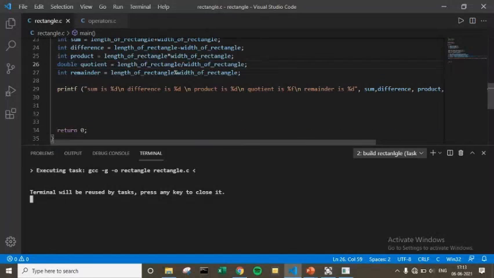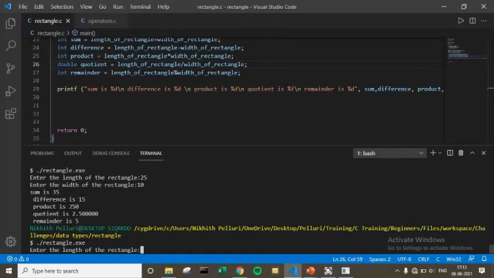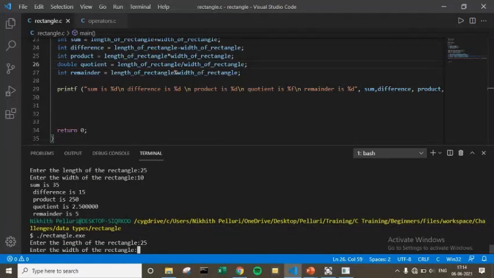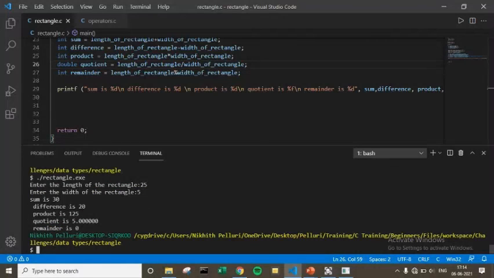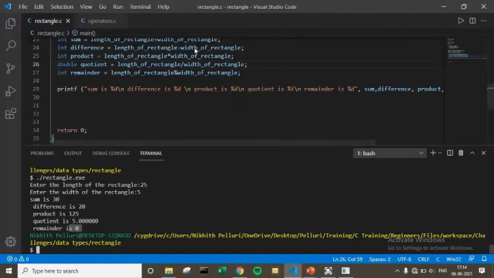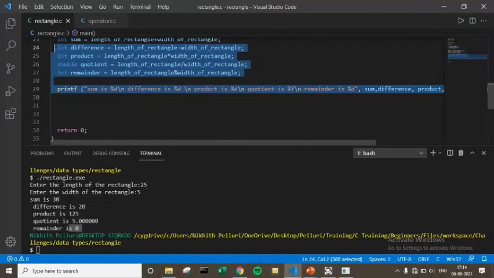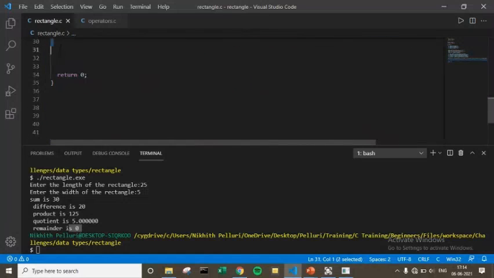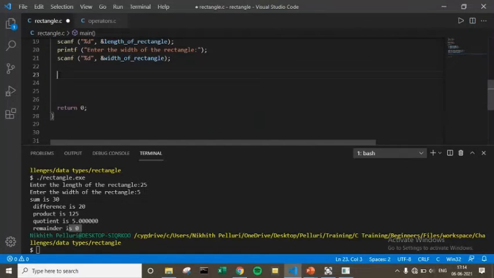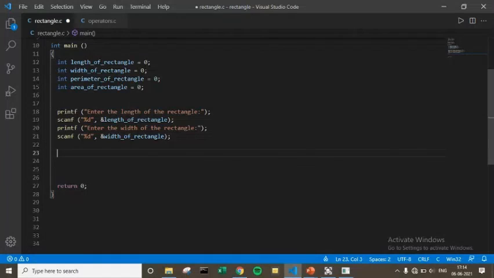So as you saw here, after writing all the code, the output shows 5.00, the product, the sum, and the remainder is 0 because it divides completely. So as we now know how to do sum, difference, and all these basic operations, let's find out the perimeter. The perimeter of the rectangle is 2 into L plus B, right?